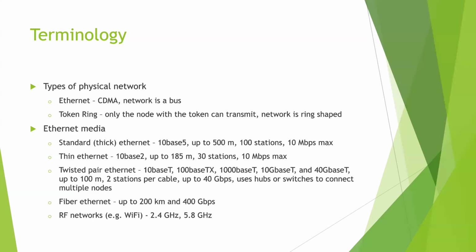The idea here was you could have a maximum of 30 stations on the physical network. It would do 10 megabits per second max, and each station had a little T connector. So the cable would come in one end and go out the other end, usually had BNC connectors on it. And then it was a little T-shaped connector, and the T would hook directly onto the transceiver, which was either one of those little boxes, just like on ThickNet, or a lot of computers by that point had an Ethernet card with a BNC connector on it. You could attach that to it.